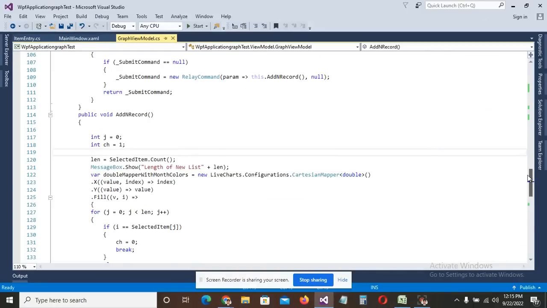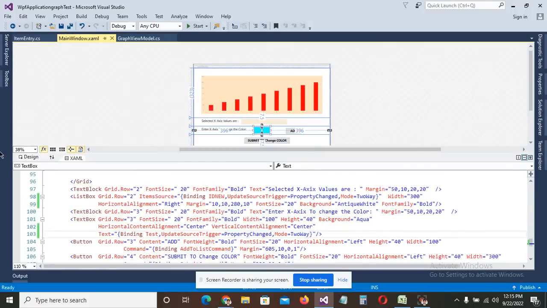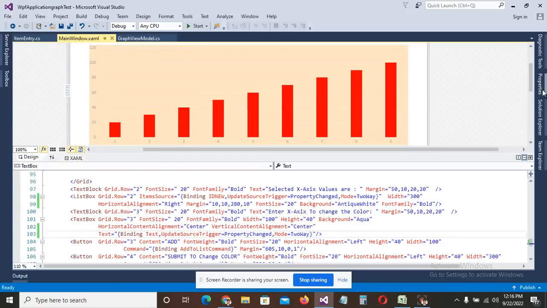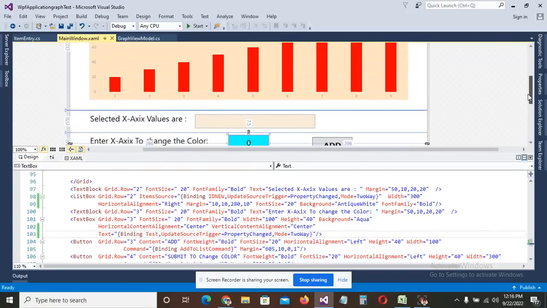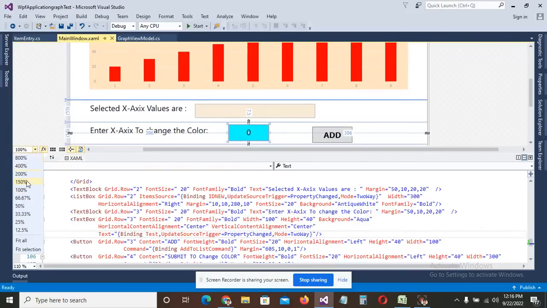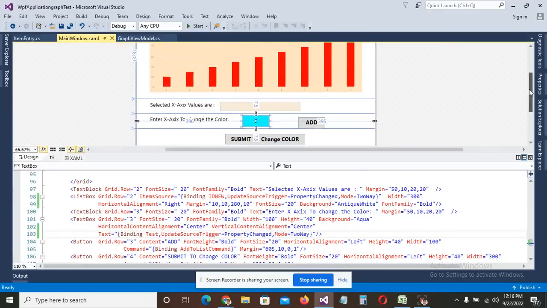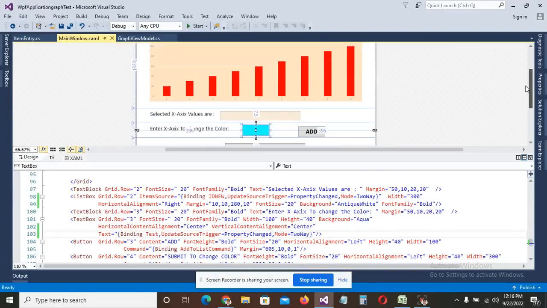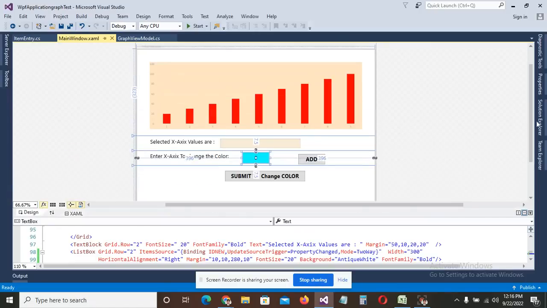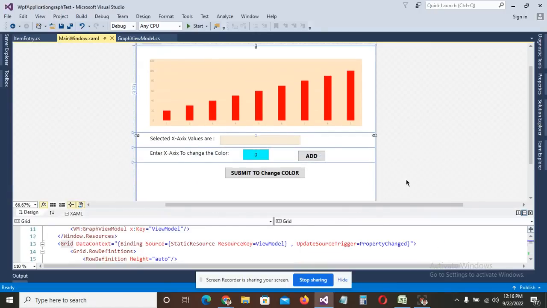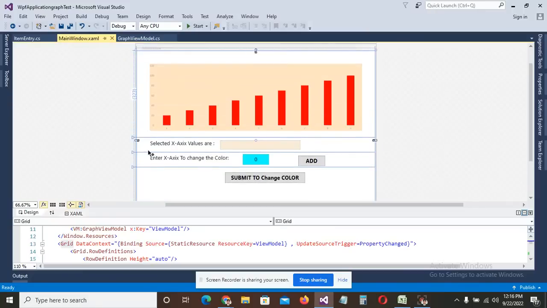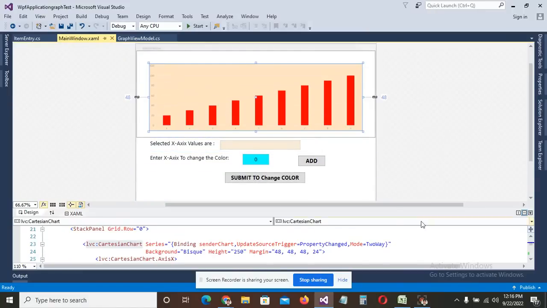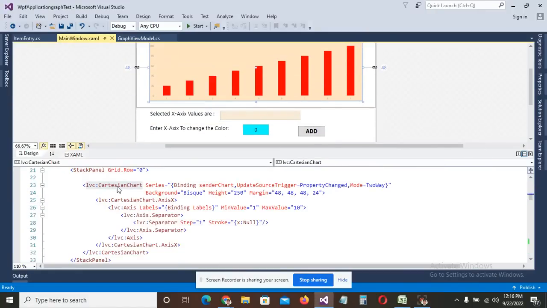Okay, so let's come to the UI part first. I'm just explaining what I have done here, and at the end I will share the code and the logic so that you can easily copy and paste. But before copy paste, obviously we need to know the basics of this. We need to have the understanding. See, this is the live graph. As I took a Cartesian graph here,